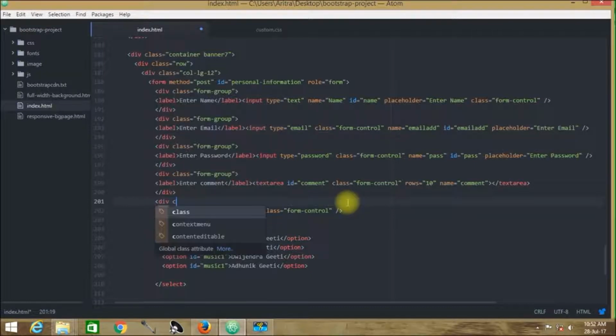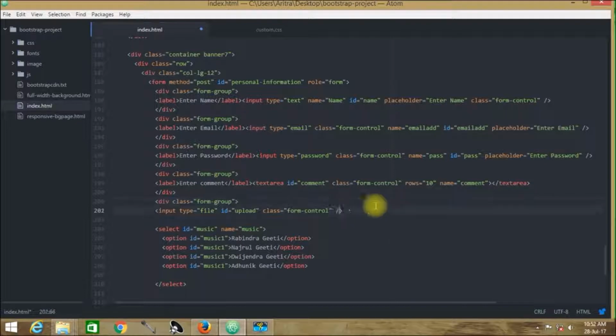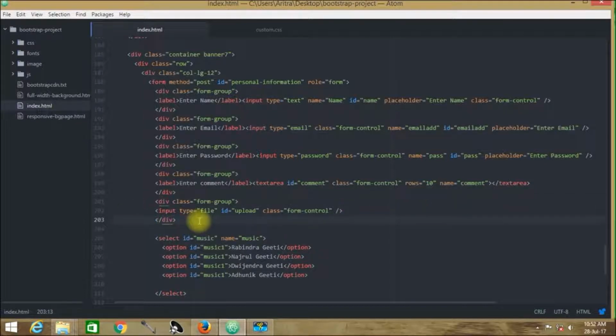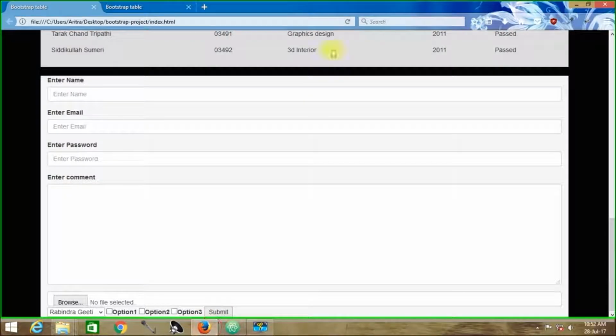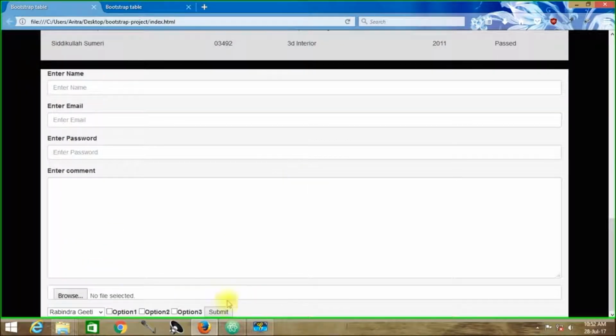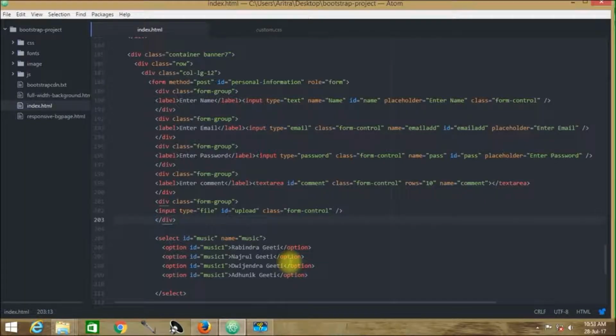So just use this thing, div class form group over here, and see what happens. So just press Ctrl S, get back to your project and reload. And you can see that clearly there's a margin bottom at the end. As we can see that this gap is now enhanced, this gap is now increased. So this should be the approach, that always if you want to experiment on it, you need to be a more aggressive one.